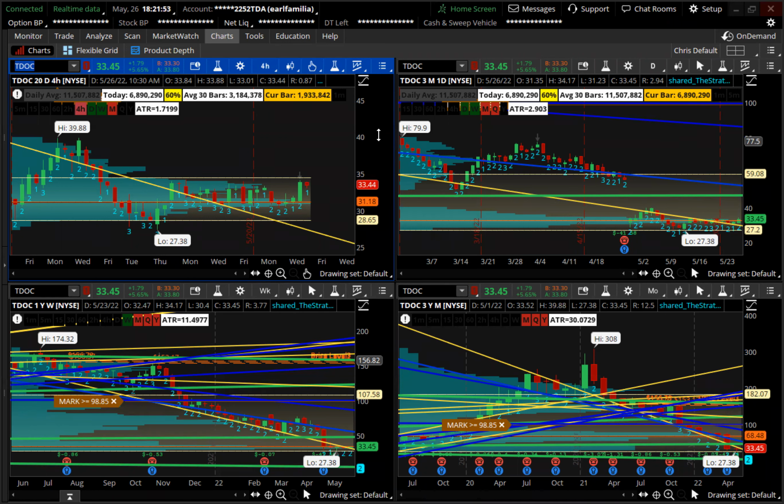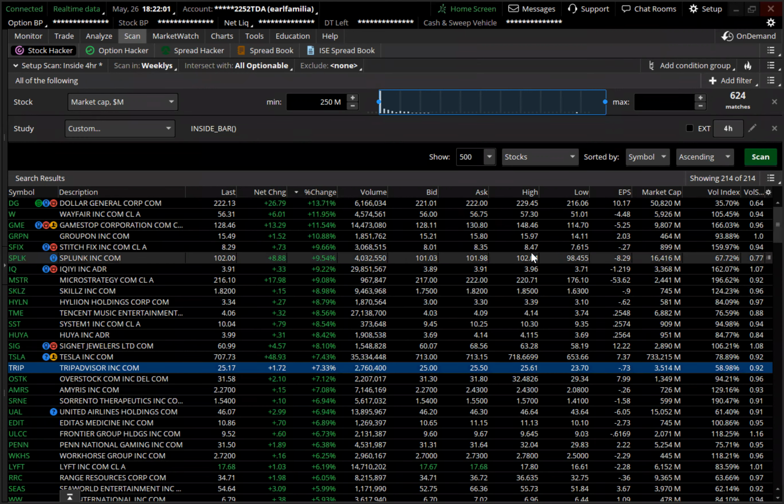And we're going to get right into it. First off, to expedite the process, I want to run an inside 4-hour scan. I know many of you have already been looking at setups for tonight or for tomorrow. So if you've got tickers with some good setups for tomorrow, drop them in the chat. You already know I'm going to get through them all. So let's get rocking and rolling.